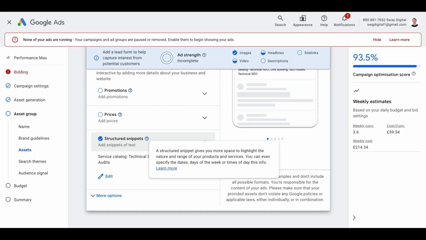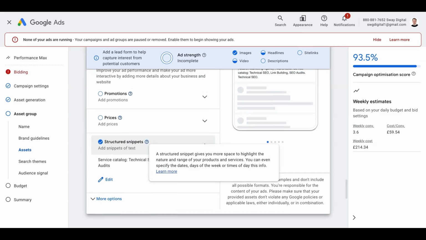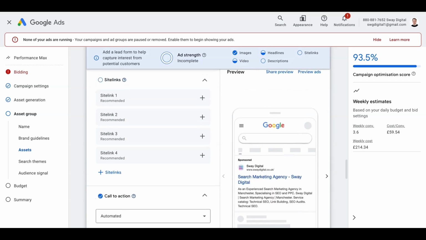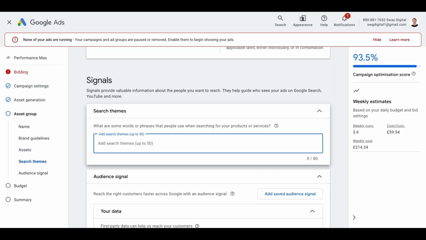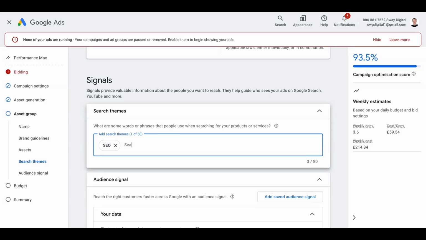Just use all the space available. That's what I recommend. Signals is not like keywords, it just guides Google around who to look for and what themes you want to target. So for this example, called SEO, search engine optimization